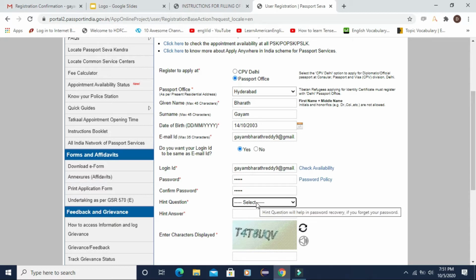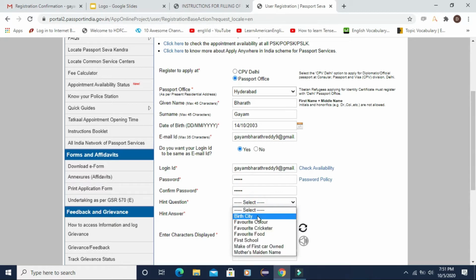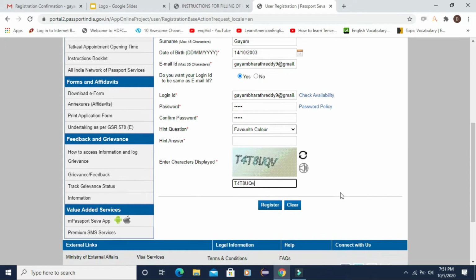Select the hint question in case you forget the password, and give the answer in this column. And enter the captcha displayed here. After that, click the registration button.